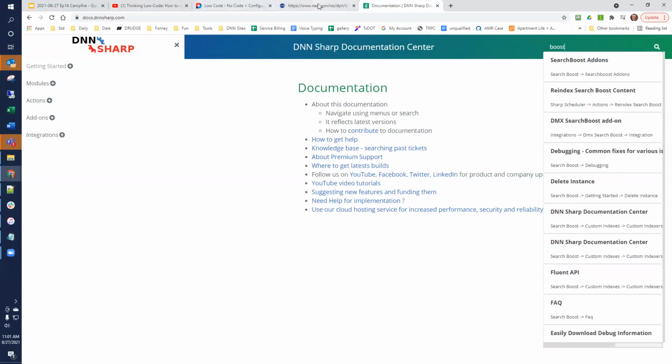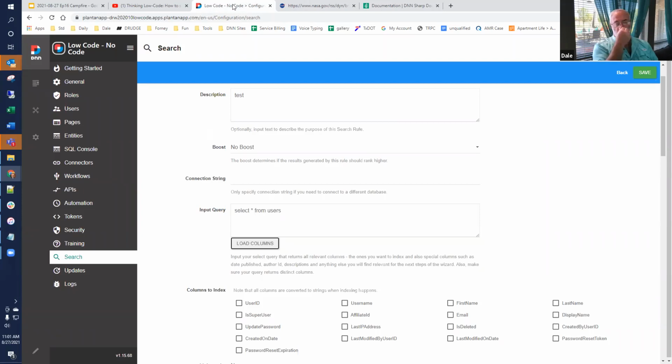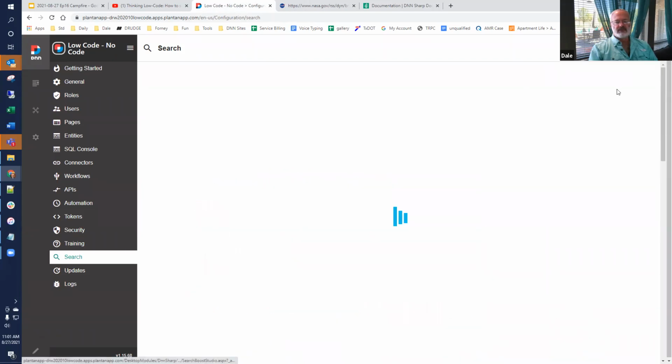Yeah, I've tried it on a couple of sites we've got set up, and I think your audio is challenged. I've seen this before. Not in Plant an App.